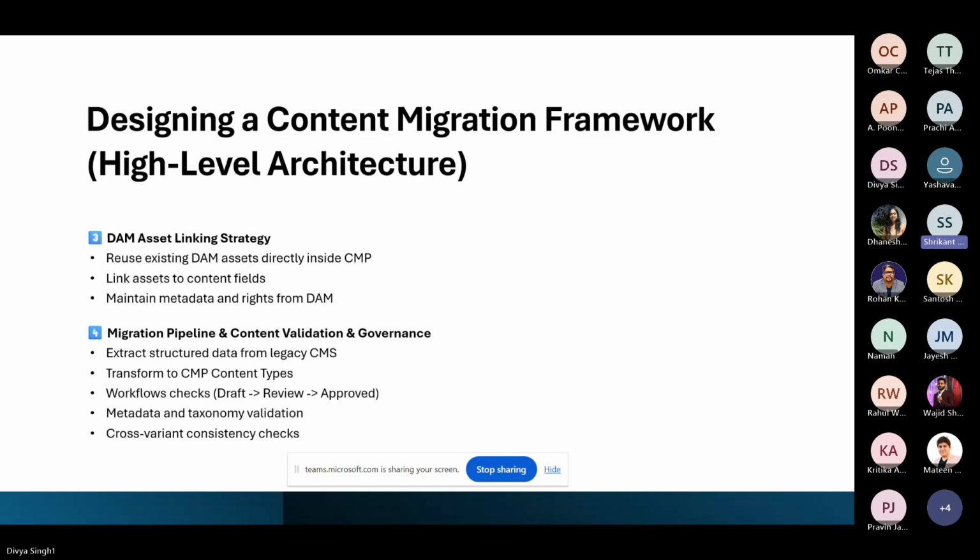Now the third part: when we work on migration, we have to identify whether the existing website is using DAM assets or not. If they are, we can utilize the DAM asset linking strategy. So whenever we